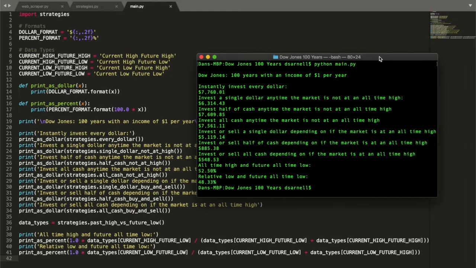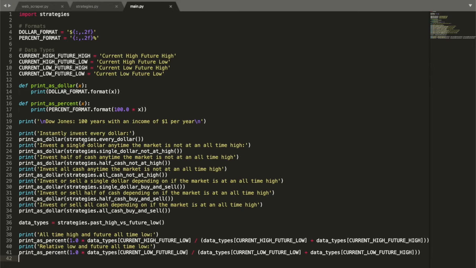So if you run it a day or 2 days later, you're going to see slightly different numbers because now you're looking at a slightly shifted forward version of the data. So once again, you could run this in like 10 years, and the numbers would probably be pretty different, except the comparison between the numbers would be essentially the same, since that doesn't change very much over 100 years.